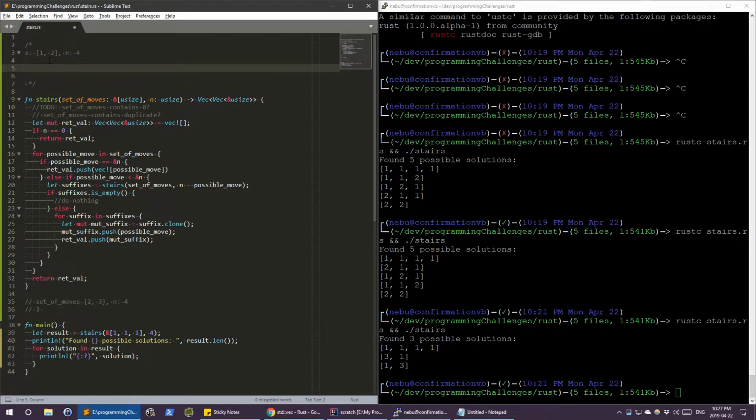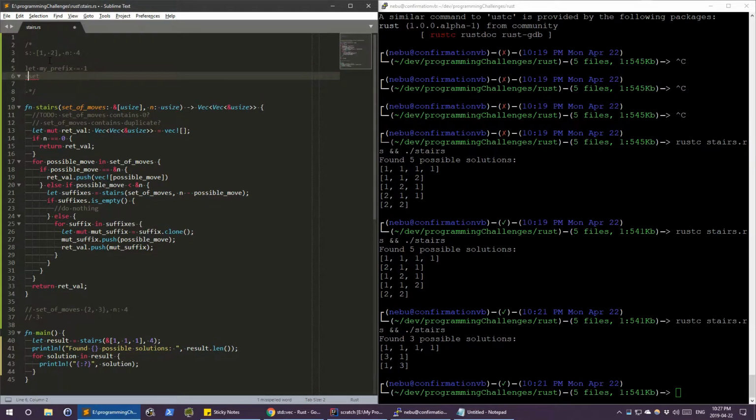So what I want to solve is, let my prefix be 1, and then I'm letting my suffix be 1,